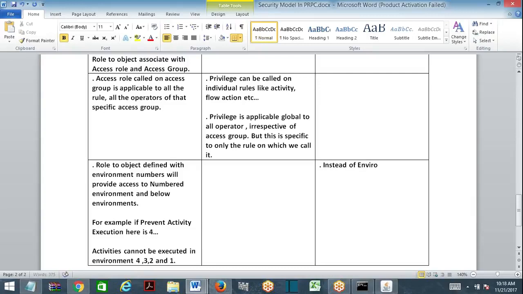But coming to access when, instead of environment numbers in access role to object, we can call access when rules. So this works irrespective of environment.